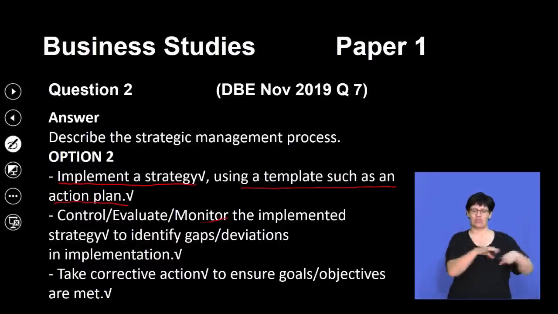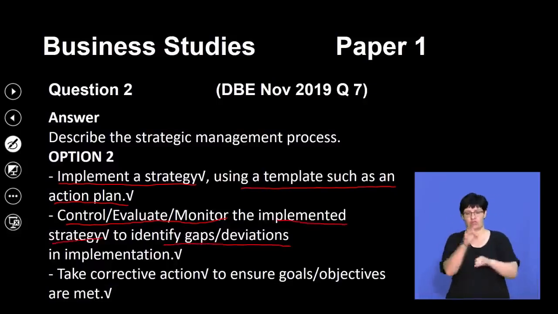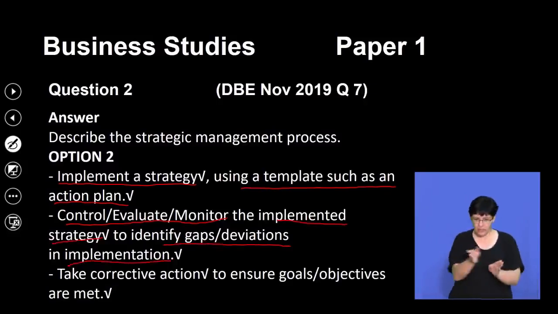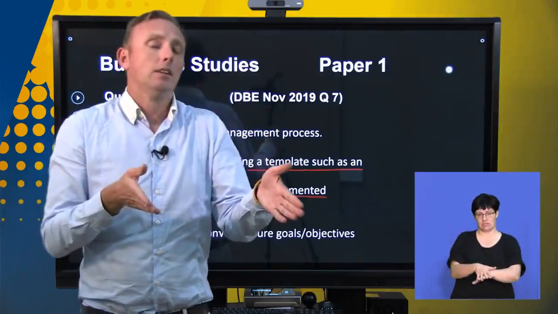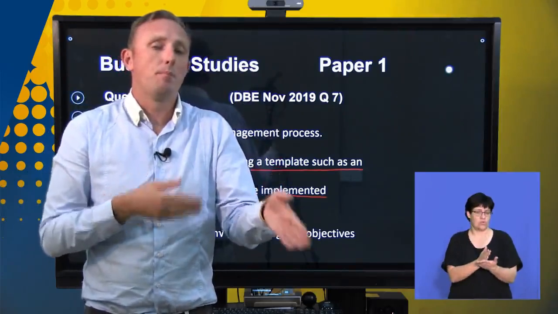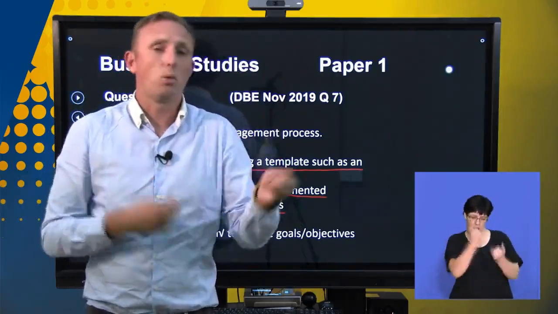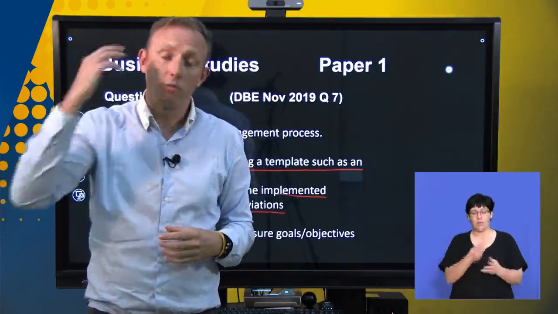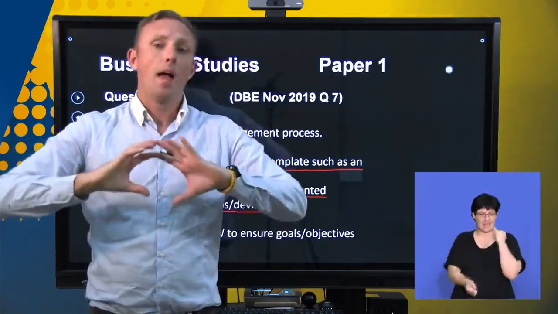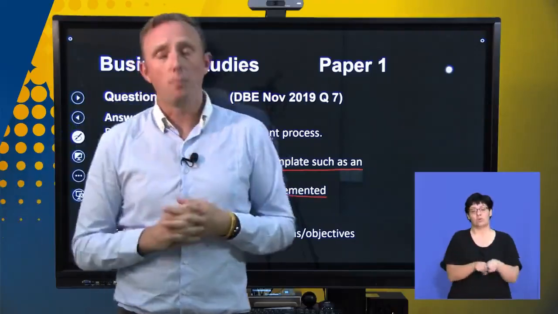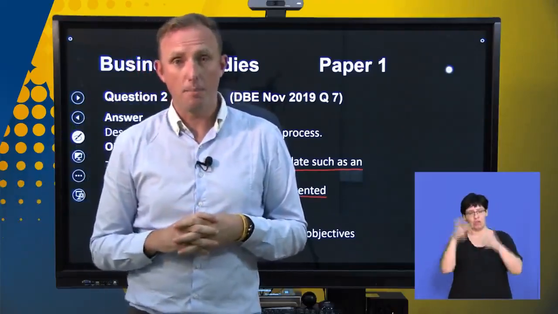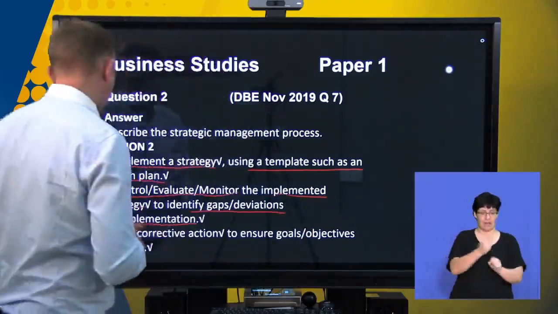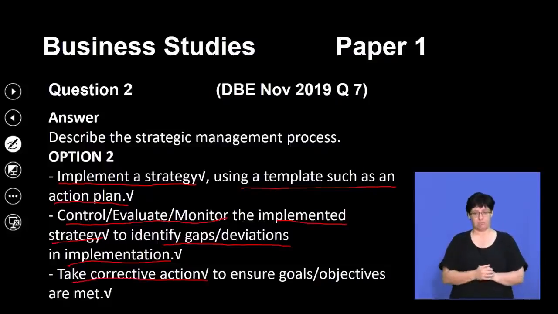We've got to control, evaluate, and monitor the implemented strategy to identify any gaps or deviations in implementation, so to make sure that, right, what are the possible pitfalls of the strategy? What can we do to ensure that we don't fall into any holes, and make sure that we've thought of all the possible scenarios that could impact on our business strategy. And then we need to take corrective action to ensure that our goals and